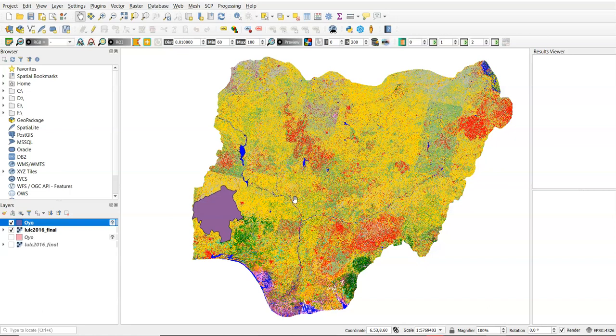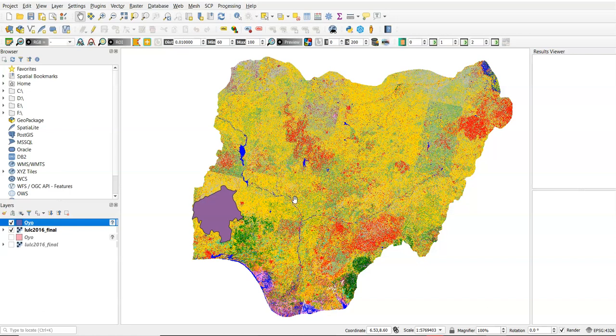What we are going to do is to clip the raster data of Oyo State from the entire country, so that if we are doing research on Oyo State, we don't have to use the entire image.